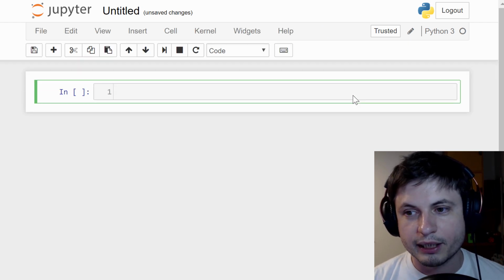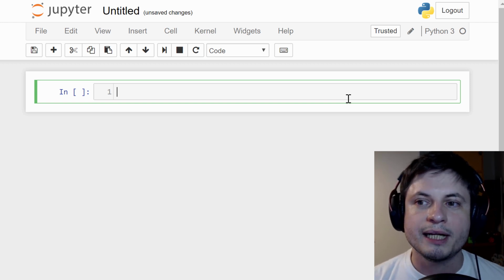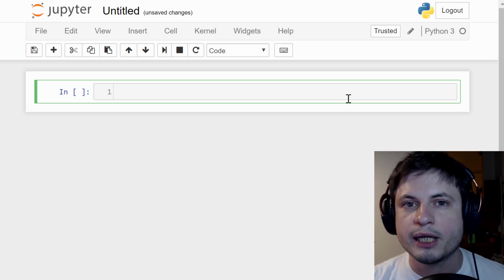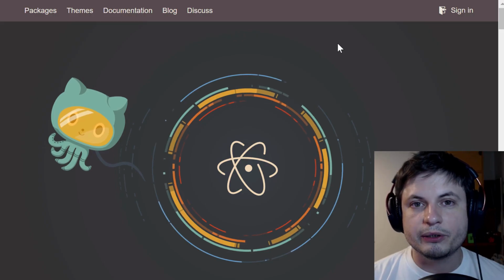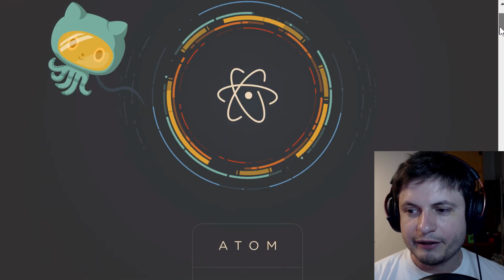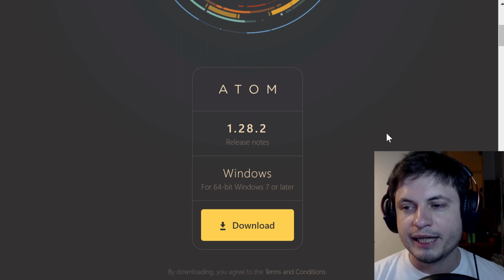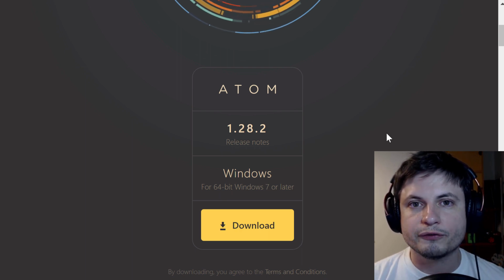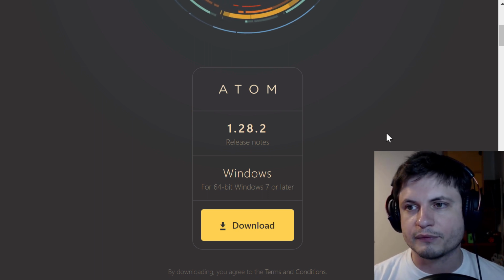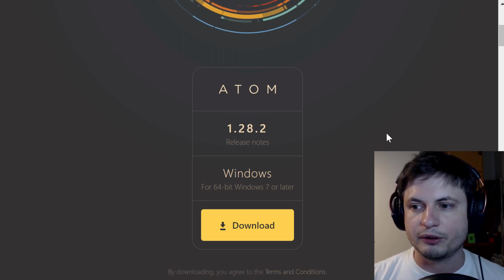And that's really where I'm going to stop. However, for those of you who are really going to go full-time into coding and programming, I'm going to recommend one more really important tool that many programmers today use, and it's also for all of the systems. And here it is. It's called Atom, and the website here is atom.io. Atom is kind of similar to Jupyter Notebook in a sense, but it's a lot more advanced in its ability, and it's also something that a lot of full-time developers use because it allows them to connect to systems or repositories such as, for example, GitHub, that you can then use to automatically update all of your files.